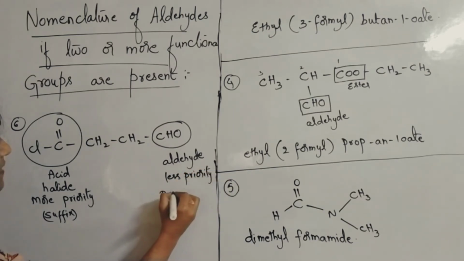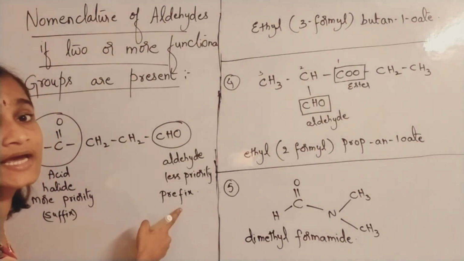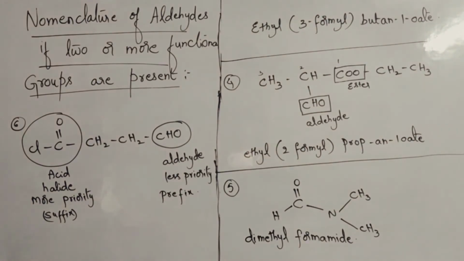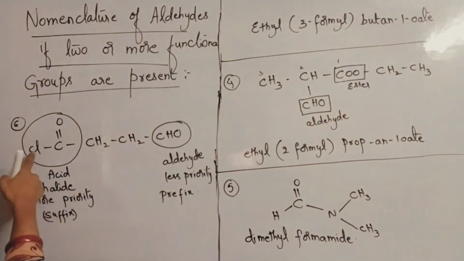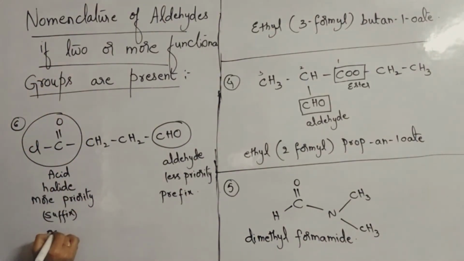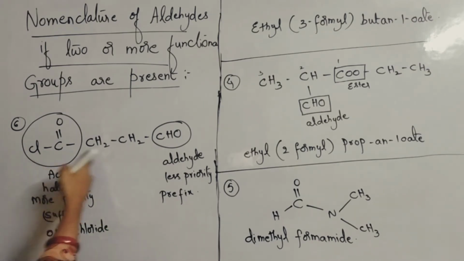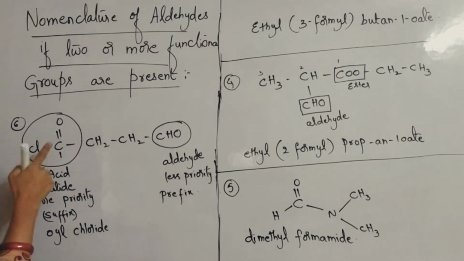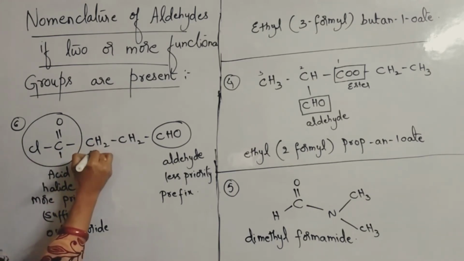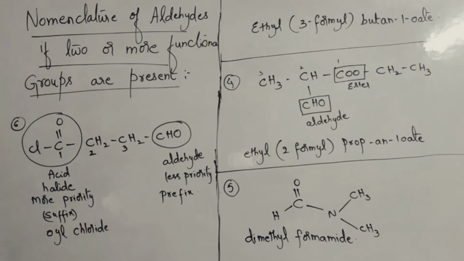Prefix. So the prefix for aldehyde, as usual you know, is formyl. Prefix for aldehydes is what? Formyl. And what will be the suffix you will be giving for acid halides? You all know that it is oyl halide. Oyl. Here chlorine is there in place of halogen. So oyl chloride. So how will you give the name of this compound? From where will you give numbering? Check here. 1, because this is the major functional group, you will start giving numbering from here. So 1, 2, 3.